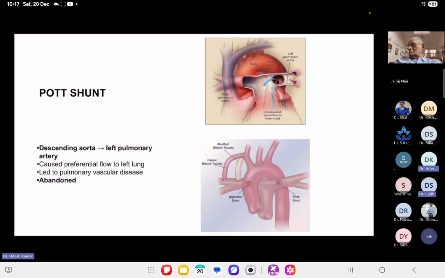In a large PDA, what happens? All your blood flow goes towards the lungs, so much so that the distal body is now hungry and is not getting perfused well enough. That causes metabolic acidosis, lactic acidosis. So all this points to it. That is how you recognize a shunt thrombosis and